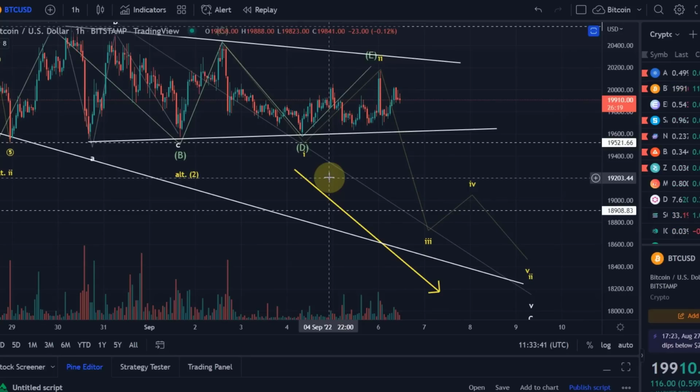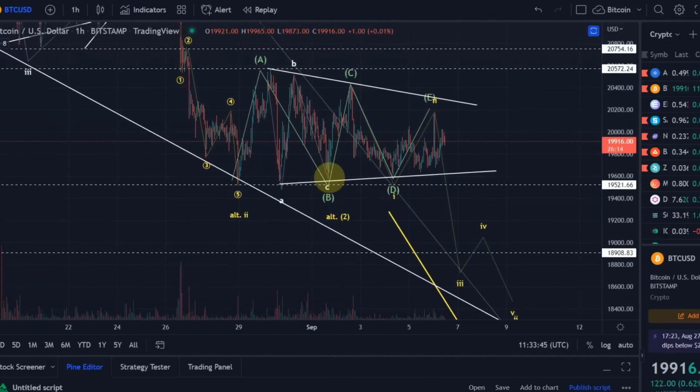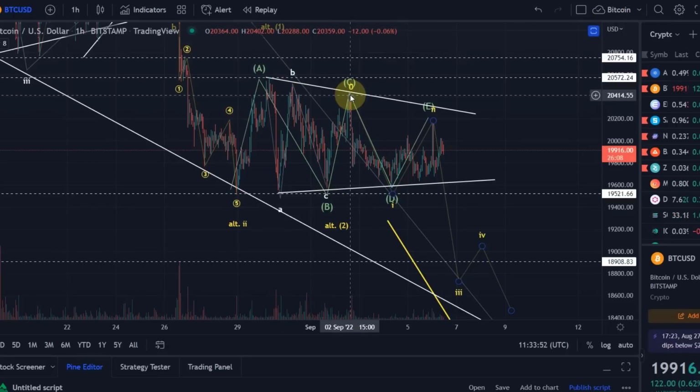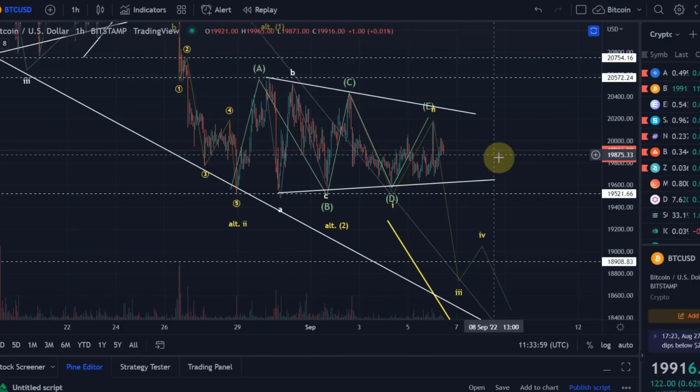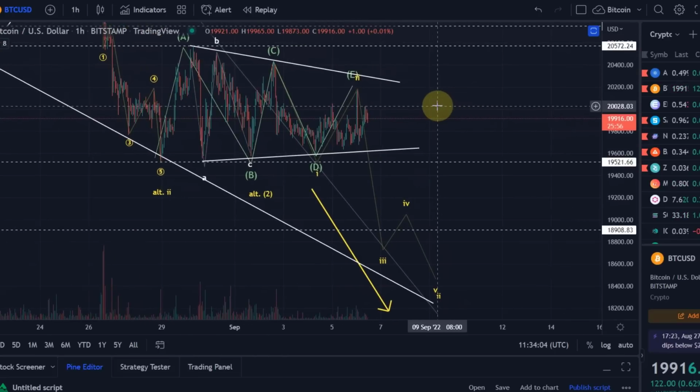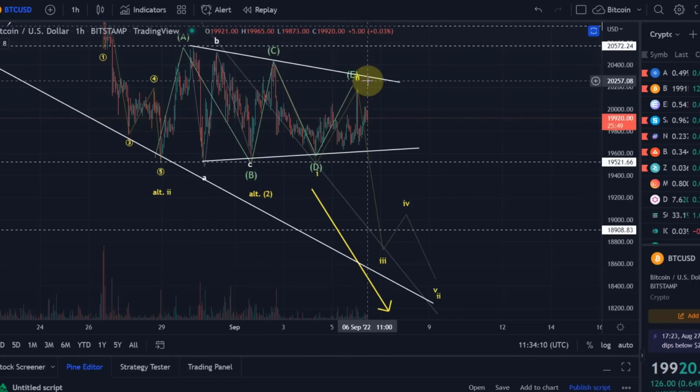What you need to understand is that we will primarily expect another low here. Ideally, it is holding above the 18.9k level. And I'm going to change the triangle back. The thing is, we don't know which of these possibilities is currently playing out. Or maybe I leave it like that as a possibility here. So I'll leave it like that, and we can then see in the next video how this played out. I think today could be a day where we are going to see a breakout of the range. Even this shifted triangle would now suggest that we are going to see a move down imminently.